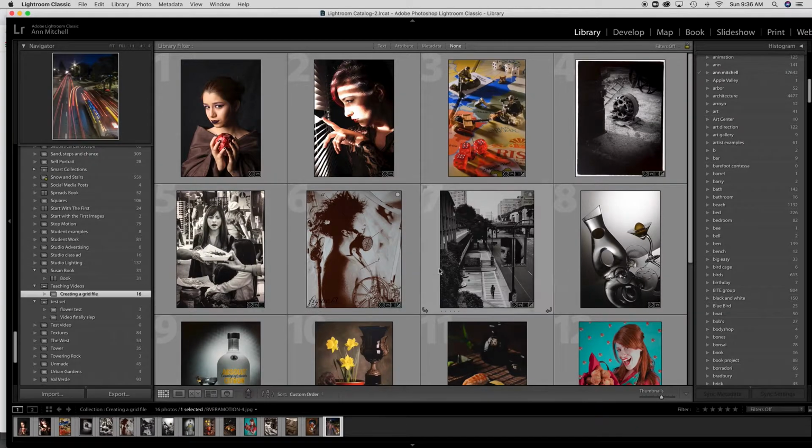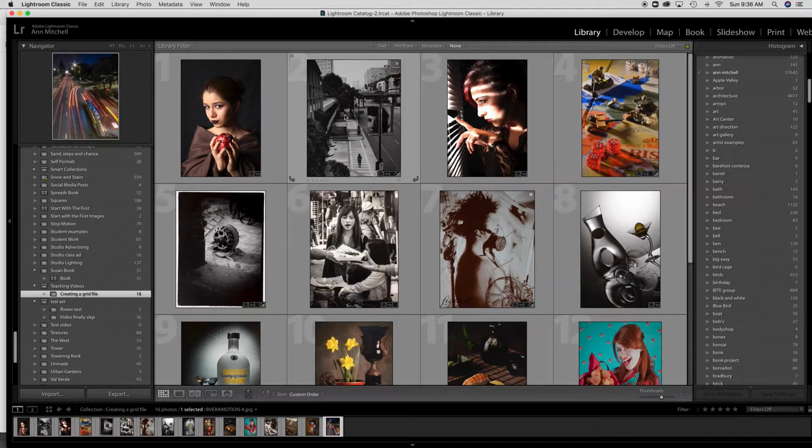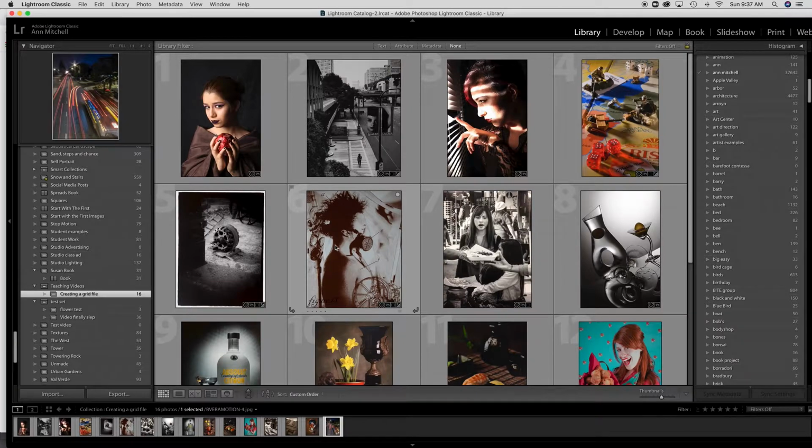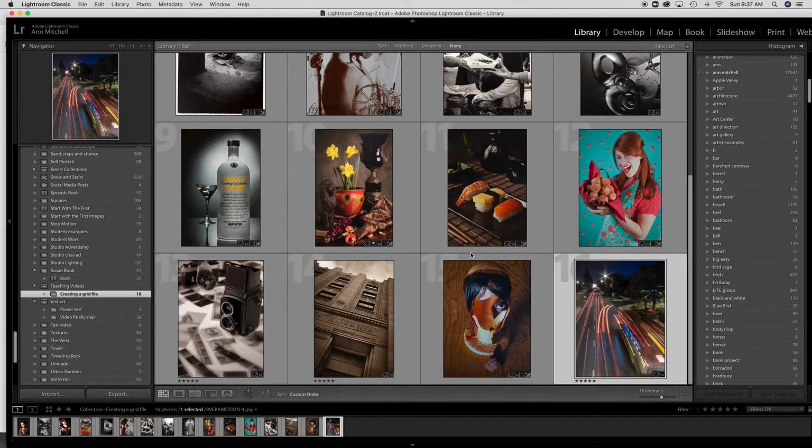And right now I can kind of see that they're a little imbalanced in terms of where color and black and white is. So to change the order, just press and drag from the center where the image is, and when you see that little black line highlight, that lets you know that you've made it to that location. And you can start to move them around and see how you like the order.